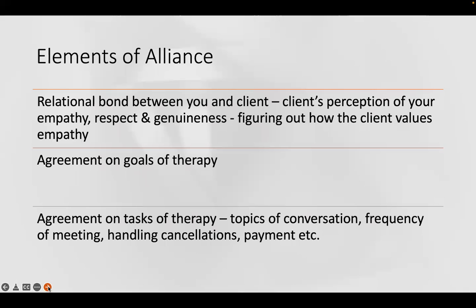And then agreement on the tasks of therapy. So what you're talking about in therapy, how often you're meeting, what is the policy on cancellations? I don't know if I can give you 24 hours notice. I work shift work, or, I'm still figuring out custody with my ex, things like that. So that's all part of the alliance in allowing them to have some say in that too. Is it okay? Can I do 10 hours prior so then I won't get charged? And then what the payment is.